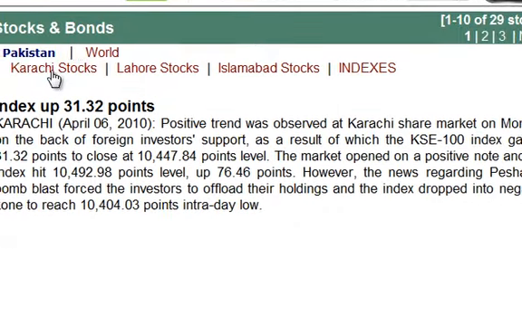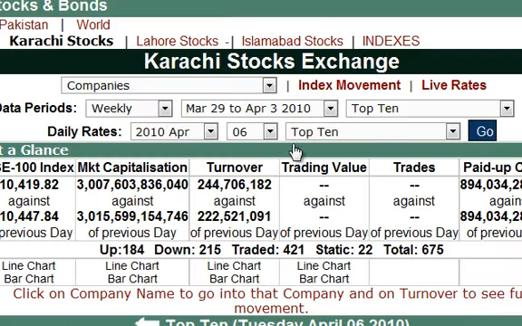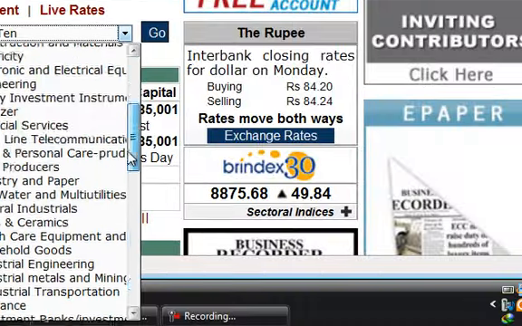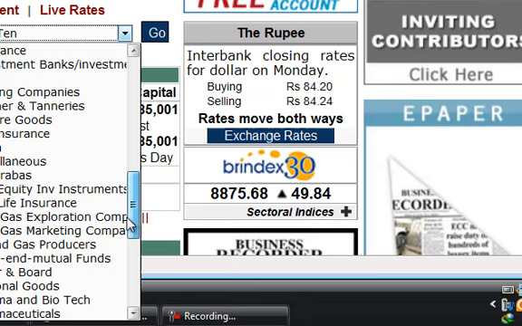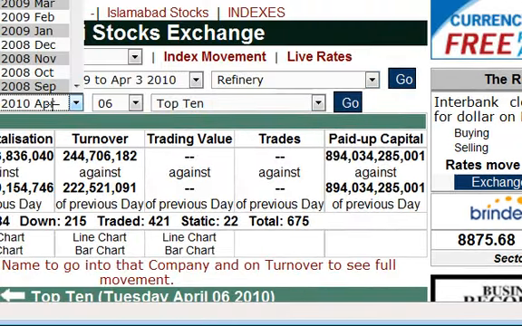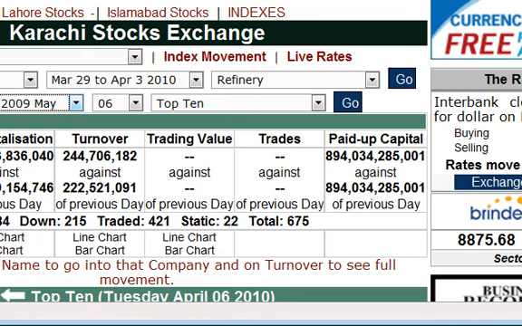On the next page, click Karachi Stocks, and you shall see a window with multiple options. From this window, we shall select the sector of the company to which the company belongs. In our case, the sector is refinery, and we shall select any date from this drop down menu and click